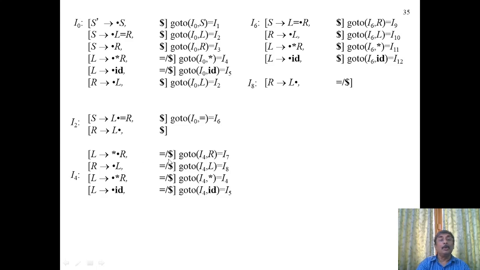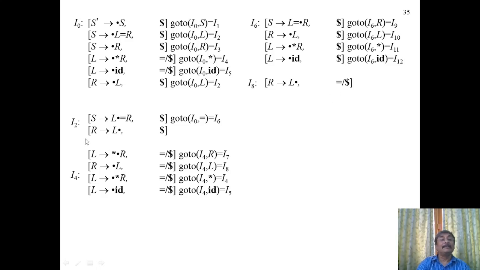Beta is absent. So these lookaheads come as they are. Now, since L has again come, then the items for L are to be included as well, right? And from I4,